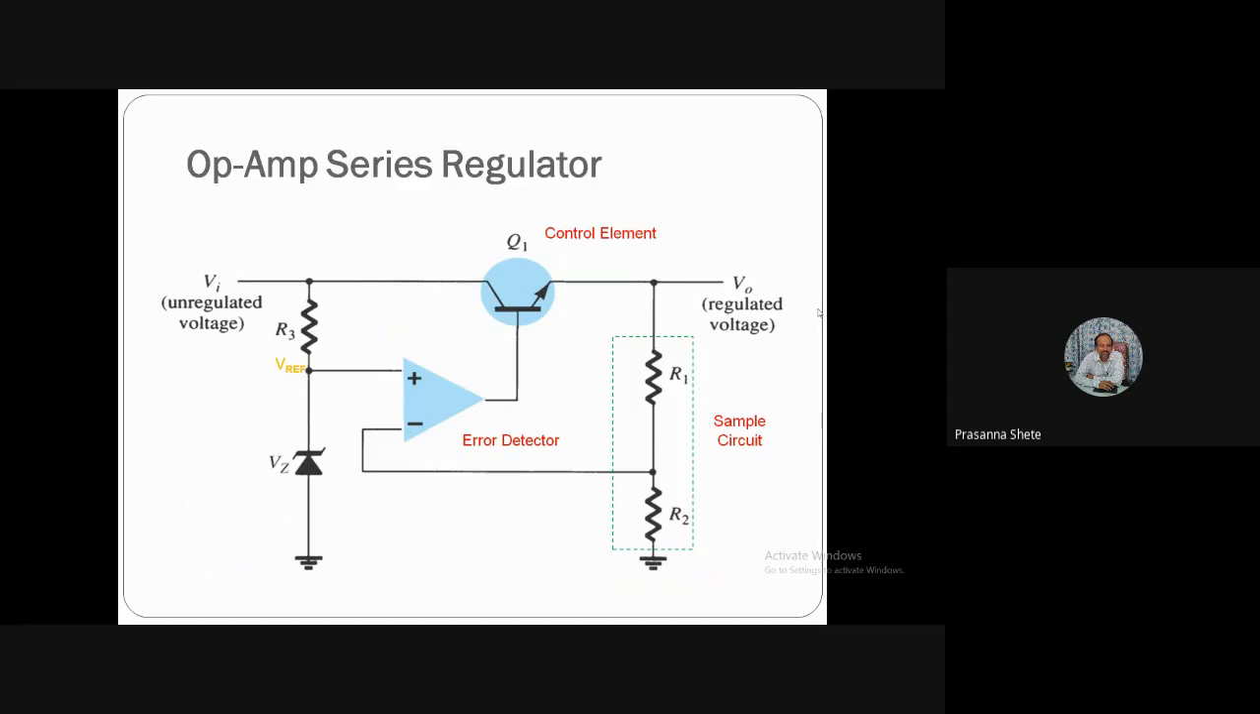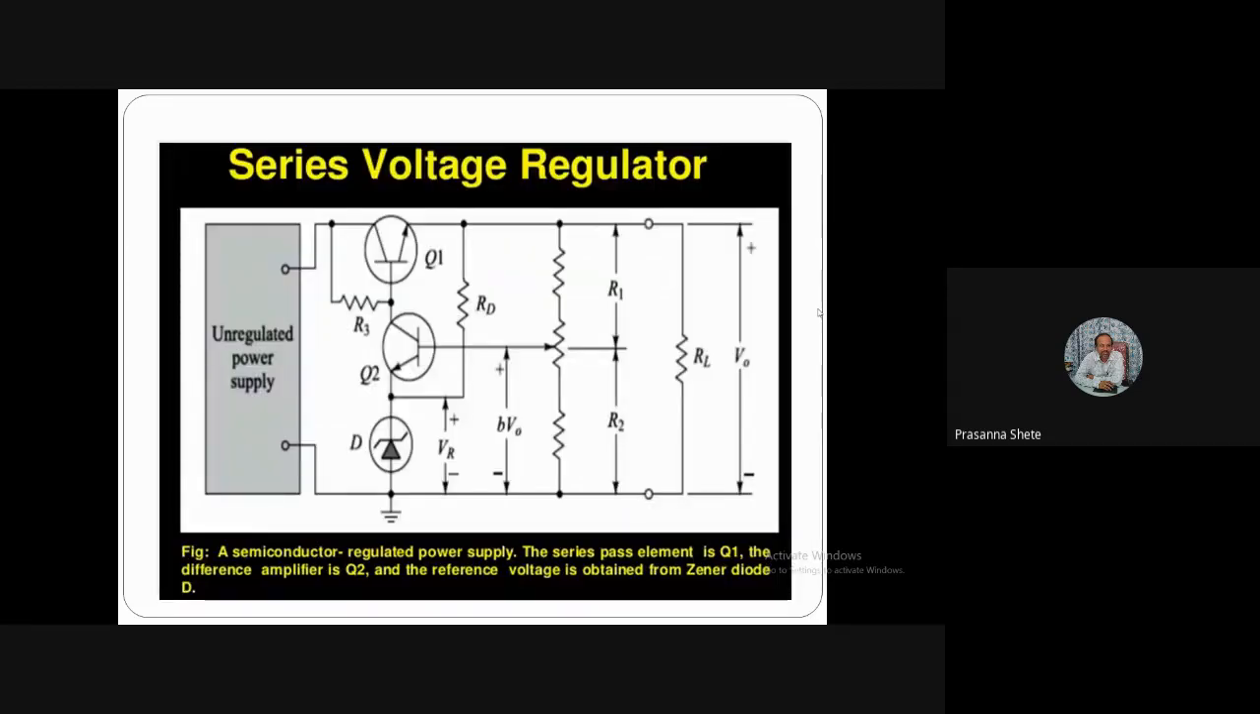And so this is an operational amplifier series voltage regulator. Again we are going to have an input unregulated voltage, and we are going to generate a regulated output voltage in this particular circuit diagram as shown in the figure on the screen. Now this is a complete series voltage regulator block diagram with a transistor as a control element in series with the load, Q1, and we have Q2 as an error amplifier used with the Zener diode as shown in the figure